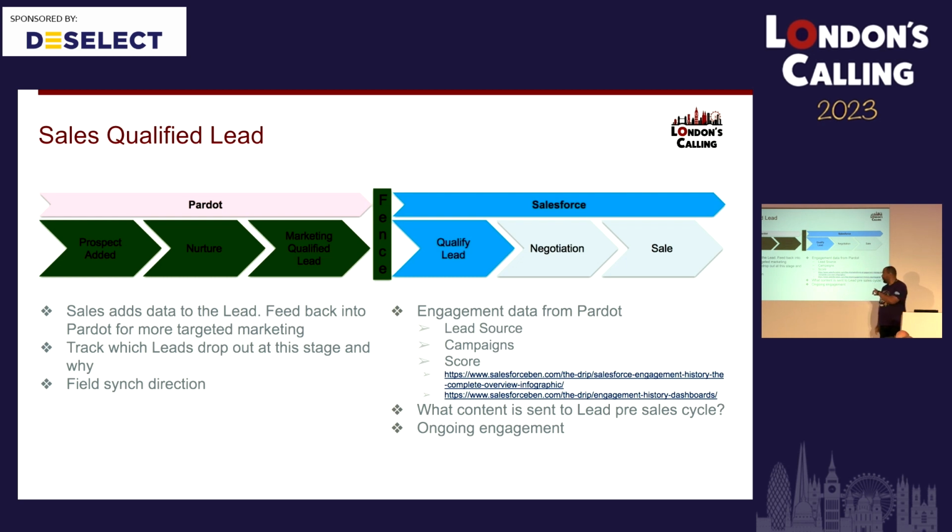So Salesforce should include, or can include, the lead source. Where did this come from in the first place? Pardot can add these leads into a campaign as a campaign member, and Pardot also has a score. Those things are interesting because, remember I was saying, oh yeah, Pardot, we've got lists. Things are added to lists. If you've got two, three, four different products, different personas that you're targeting, just stick them in as a field on the lead. It's fine. If you've got more than that, if you've got loads, have them as separate campaigns, and in your Pardot automation, when someone is in a list